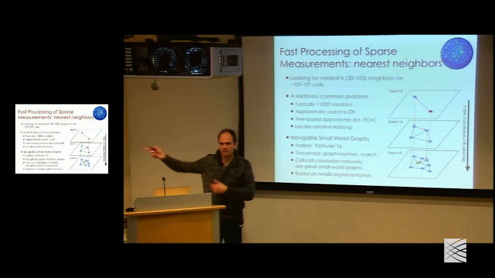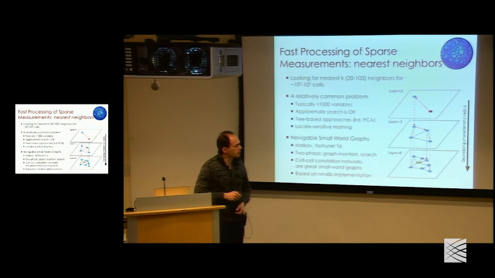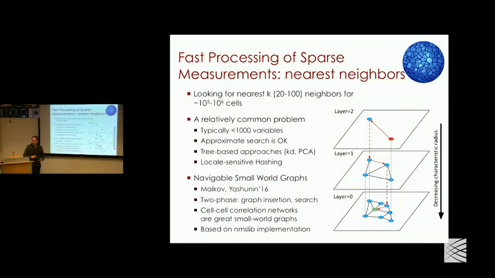So when you're trying to go somewhere, some small town in Europe, you'll probably be flying to Frankfurt first, and then from there going somewhere else, and then taking a car, and so on. You already know the route because it's sort of easy to figure out. And so again, if we place an arbitrary point here, a query point, which can be one of our cells or something else, we can easily find the closest hub, and then from there find the next closest one, and so on. So this is an algorithm that was published just last year,